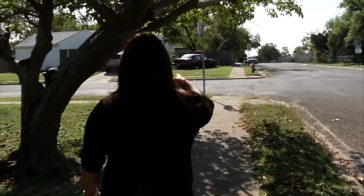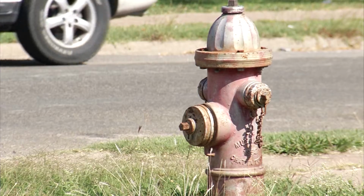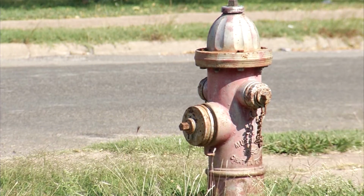The bus stop is here. It's the stop her kids use. My daughter and my son. She's 16 and my son's 7. But before the bus pulled up in front of Michelle Crawford's house this morning, a man out front called out